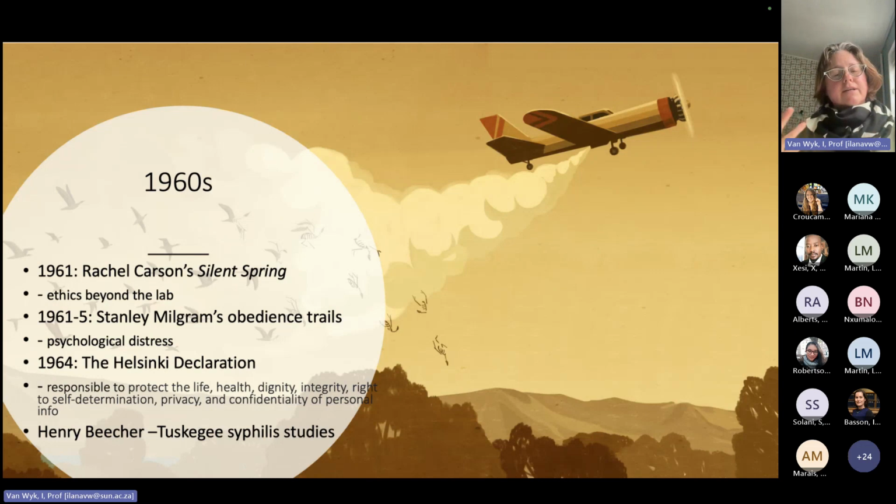jailers, that they could give shocks to the person on the other side of the glass wall if they weren't listening. And what was shocking and life-changing for some of these doctors, jailers, was that many of them would throw the switch even after the person giving them an instruction told them that what they were about to do could kill someone. So in the aftermath of this